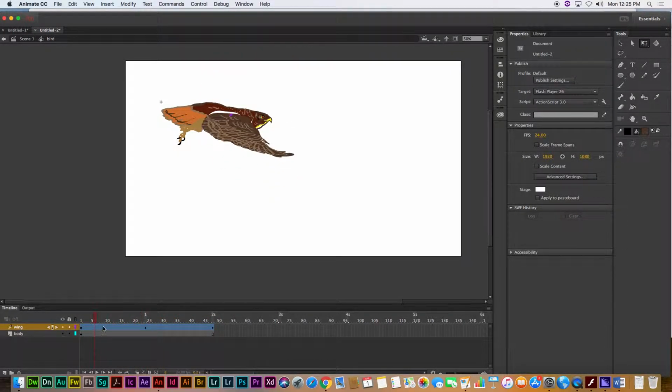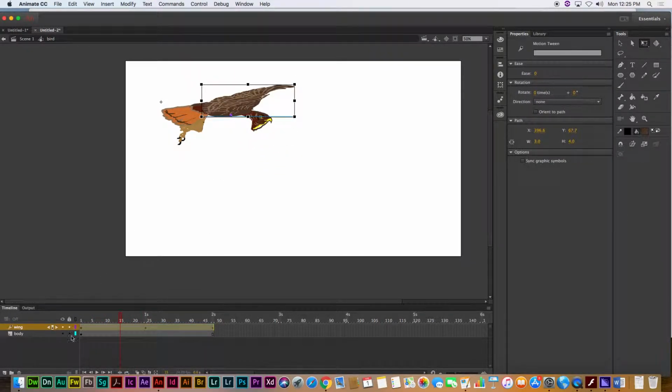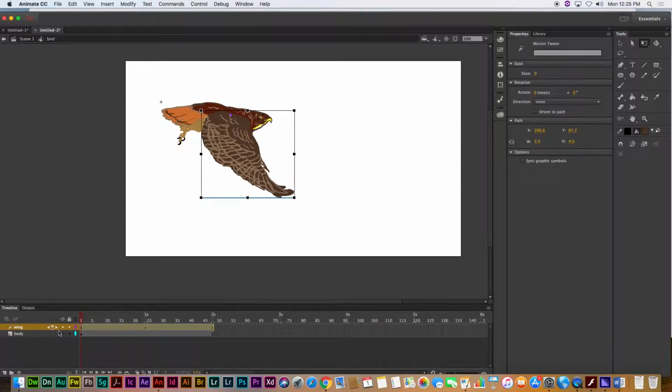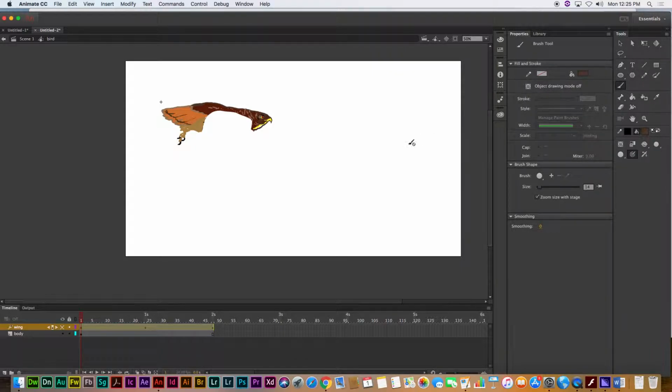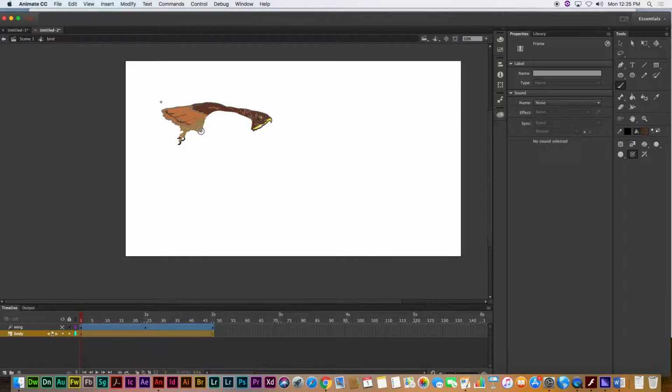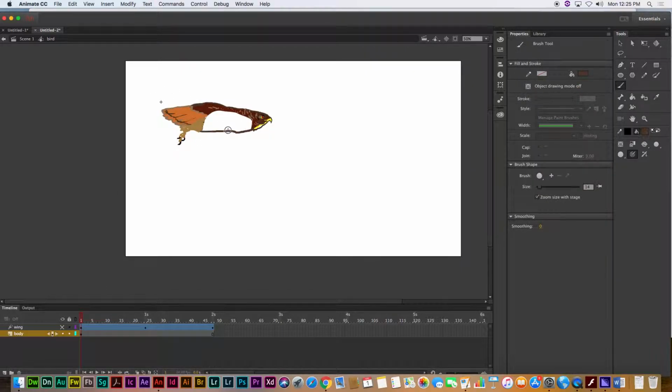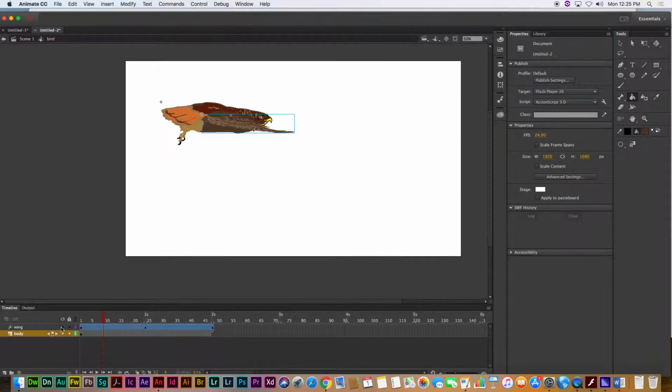But what's the problem? The body's gone. So you're going to have to account for that, and I'll just fix my drawing, make this go away for a minute, and then go back to my Wacom pen, and I can just decide what I want the body to be. I'm going to be really fast and loose here. Make sure I have the right layer selected, and then if I do that, and then do a little bit of a fill, whatever. So now,